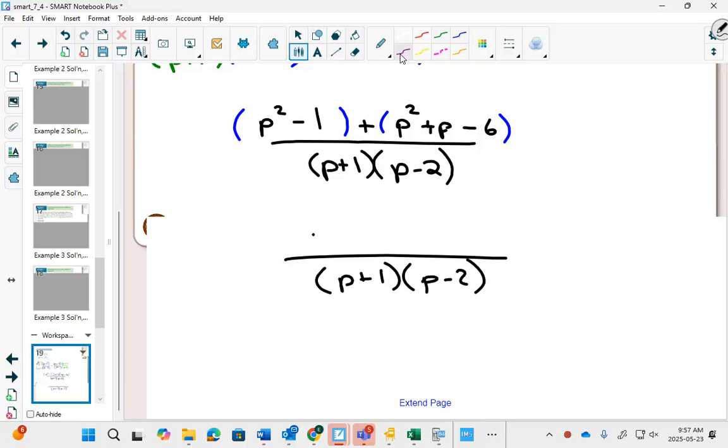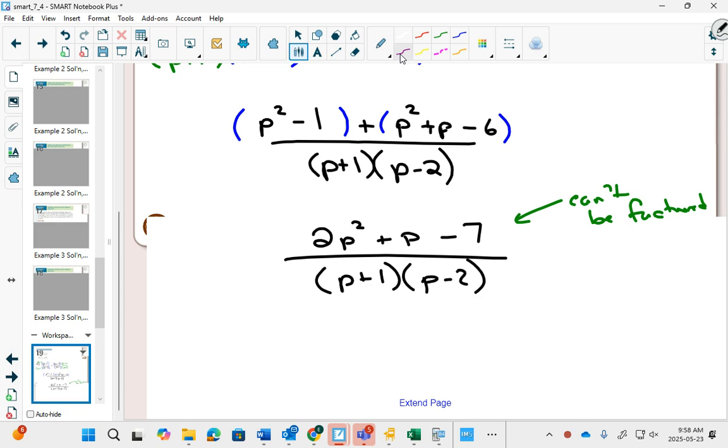So now these are like terms. That'll give me 2p squared. I just have the 1p plus p, minus 1 minus 6, minus 7. And then we're going to have to check, can the top be factored? Just make a little note. So you're going to also have to get good at recognizing or looking at something and as quick as possible say, I can't factor that